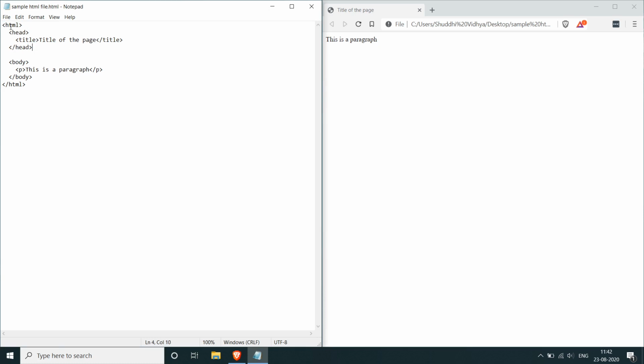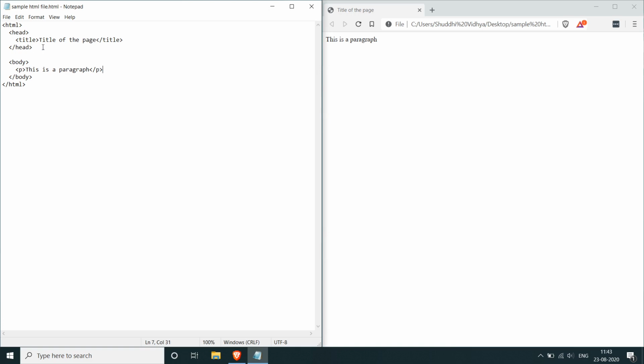And you can see that for every corresponding tag, there is a closing tag. This is called a closing tag. Basically the same thing except that there is a forward slash right after the less than symbol. So every tag in this will have a closing tag. So head has a closing tag, title has a closing tag, body has a closing tag, and then p has a closing tag. So this is a common thing in HTML where every opening tag has a closing tag. And there are some exceptions to this, which we'll get to later. But generally, every opening tag will have a closing tag.